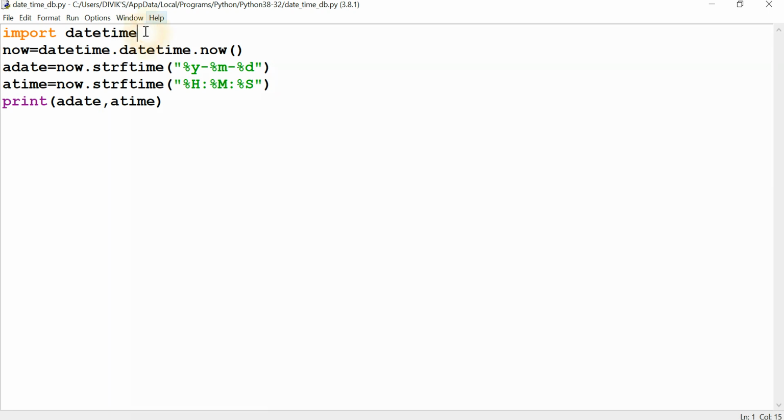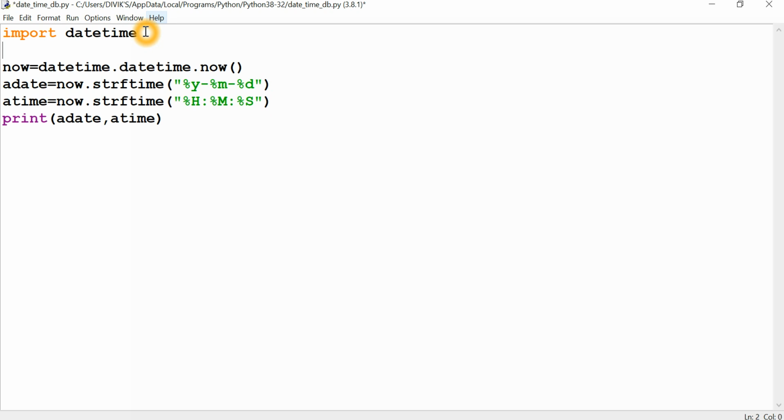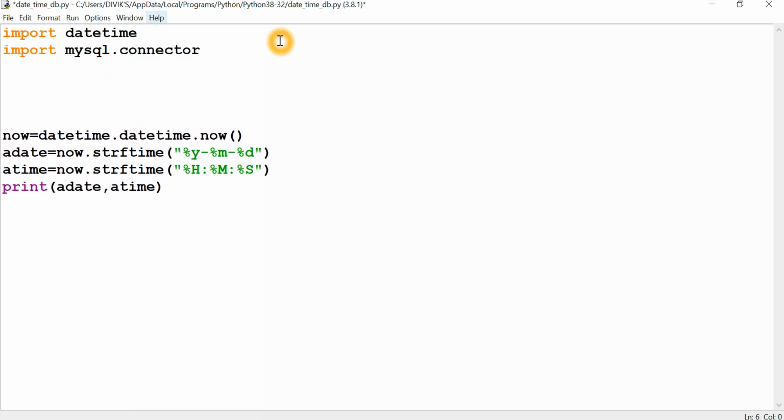For the database connectivity, you want to use the module called MySQL connector. So I want to import the package. So import mysql dot connector. So the package is included. After the package, you want to create the connection object for the database. The connection object is mydata, the connection object is nothing but my database.